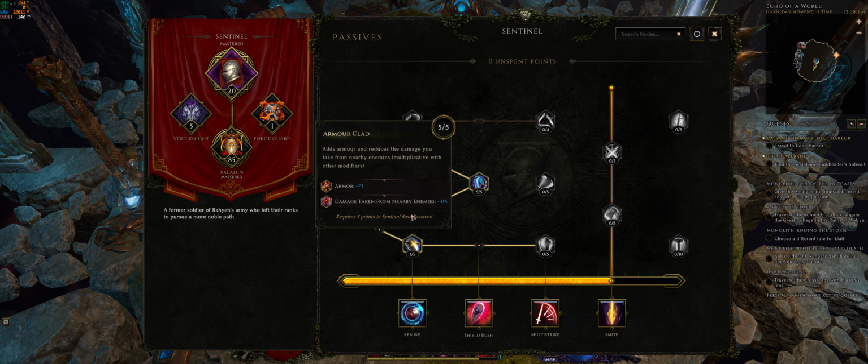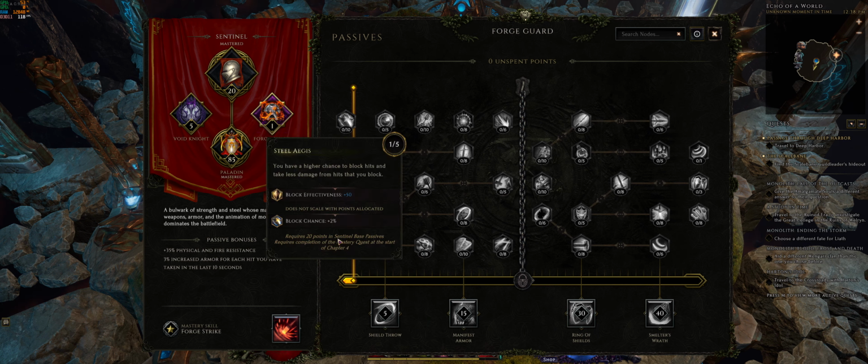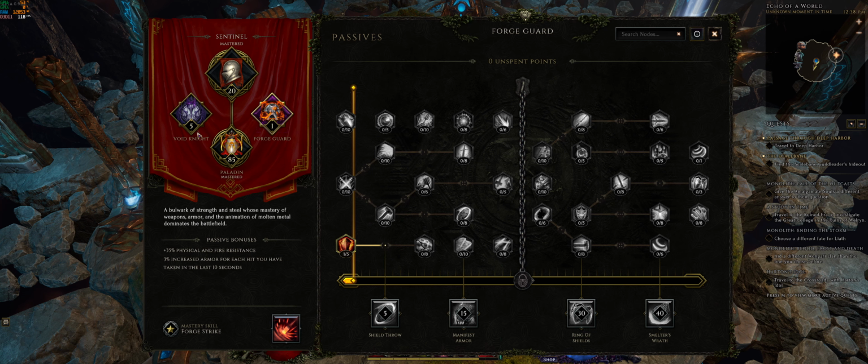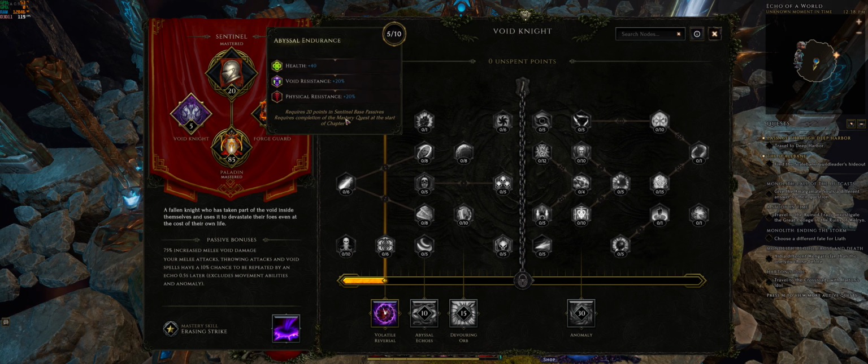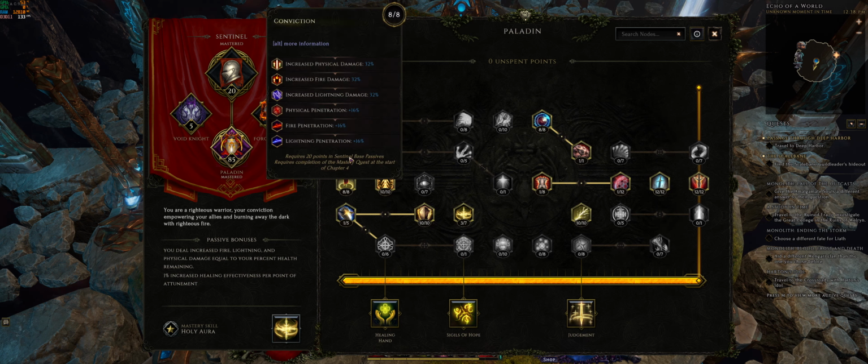And then this one for the damage taken from nearby enemies, -10. You kind of just want to always lunge into enemies and start casting your smites, just so you take advantage of this. And then max this just for resistances. Forge Guard, just 1 point here for the block chance, and then 5 points here for the health, void resist, and physical resist. You would definitely want to max this one because you get a lot of lightning penetration and